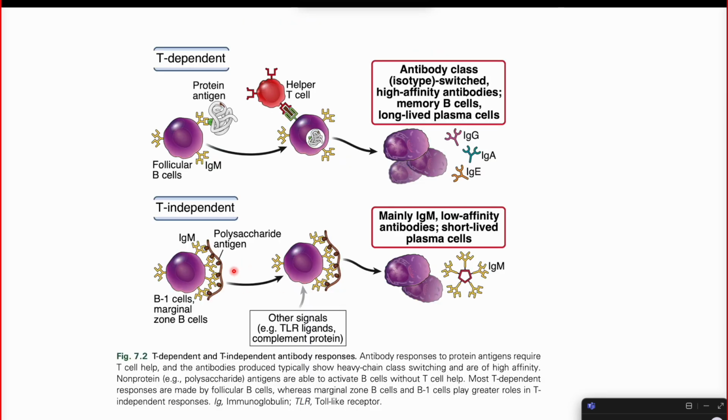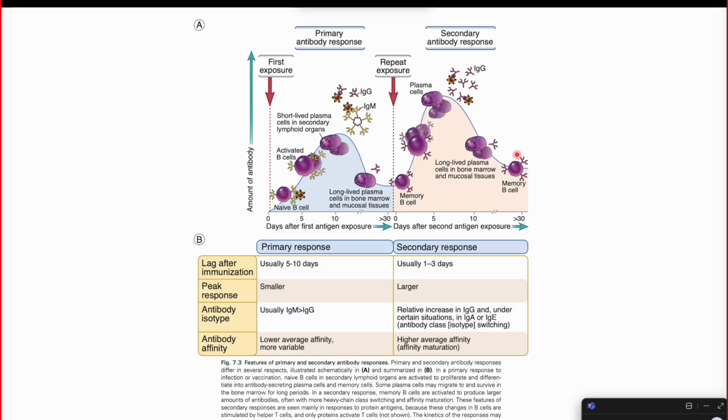Okay, and so it is not highly specific, but it will provide the body some time to get into more specific ways to target the infection. Now if we talk about the primary and secondary antibody responses, which we have just read in the previous class,